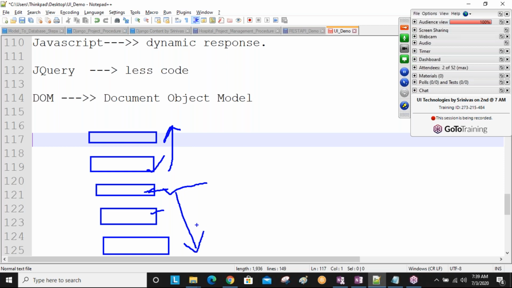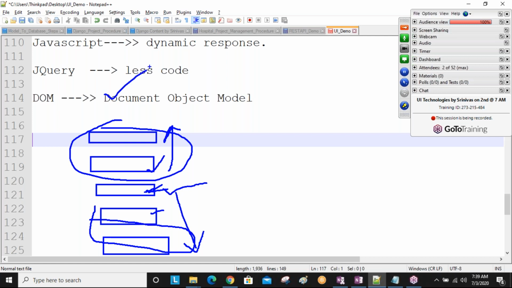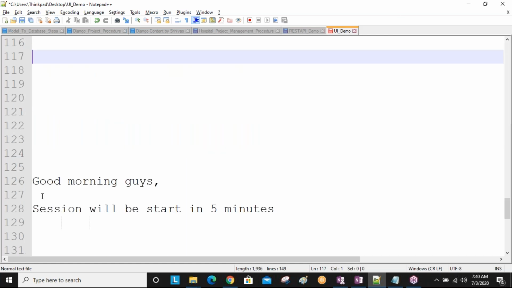So like that, you can select one element and all the elements above it, or the elements below it, or its siblings. Siblings means, you know, like our brothers and sisters. So we can select one element, and around that element we can do different activities on the remaining presentation part by using these DOM related methods and classes. We discussed these things in the last session, and again I gave an overview more clearly.